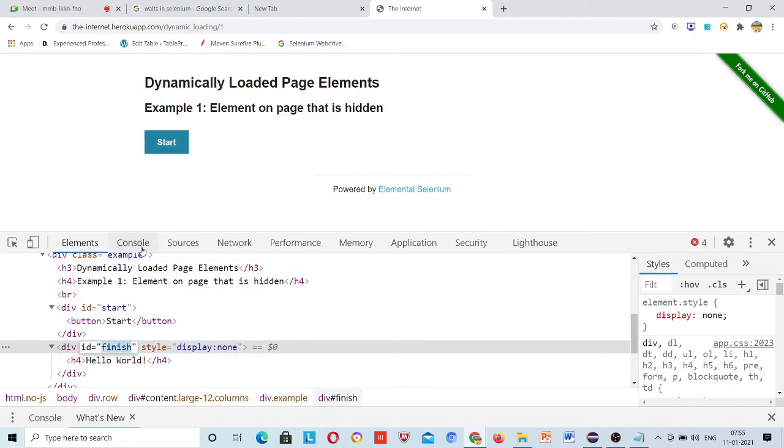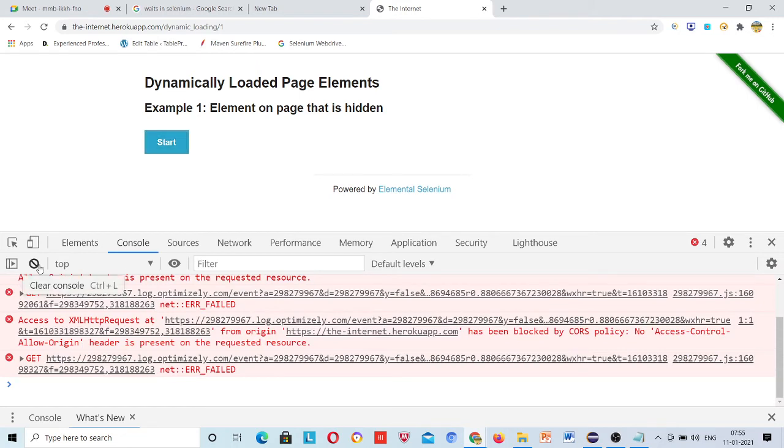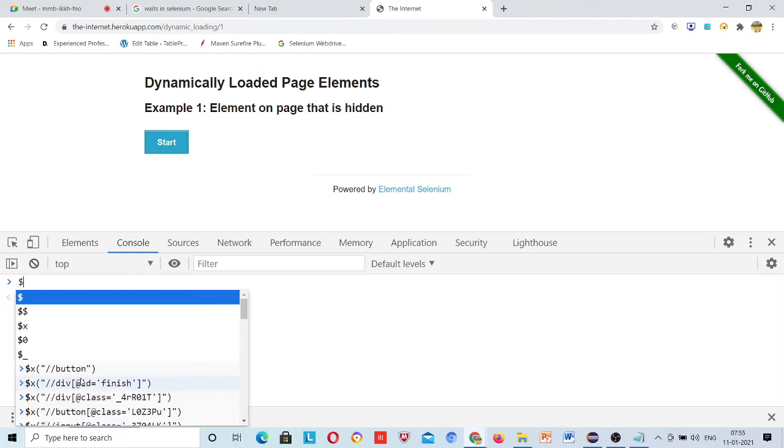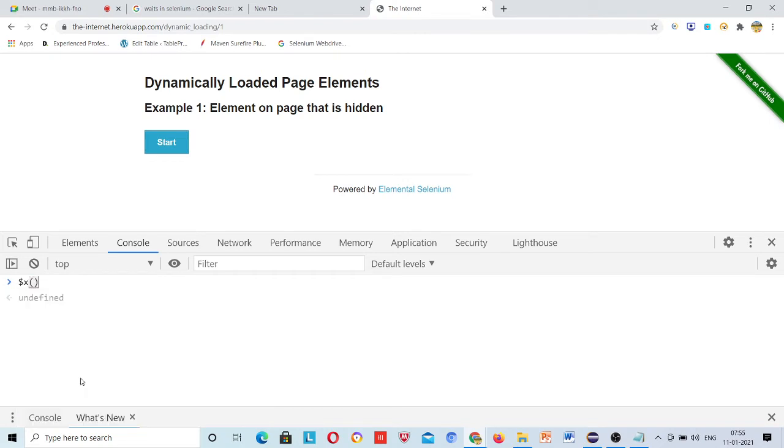Inside the console I am going to write XPath for it, $x, tag name, id is equal to finish. Okay, I have not given double slashes here, right? You can see this is present,